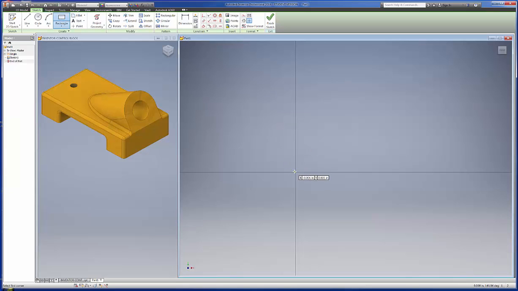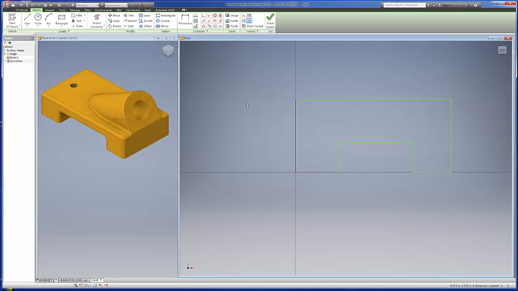Why not? Might be a little easier. Make sure you start at the origin there. And I'll draw two rectangles. Okay, and I'll go ahead and do a trim. And whoops, wrong software. Trim that out. So now we should have just a line here,